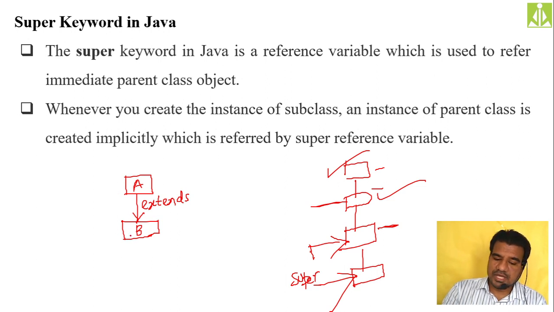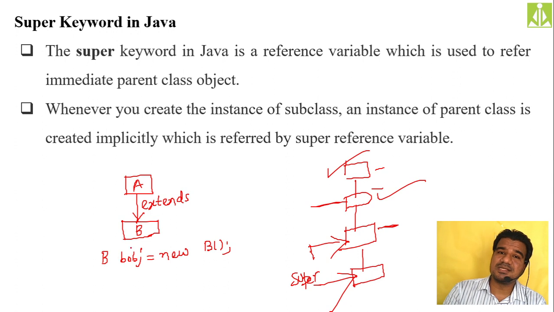So when you are creating the B class object, how do you do it? obj equals new B(). Okay, like this. When you are creating the B class object, it will implicitly, in the sense you don't have to do anything, create the A class object. We have seen explicit conversion and implicit conversion, so we know the meaning of implicit. Implicit means without the intervention of the user, without the intervention of the programmer.